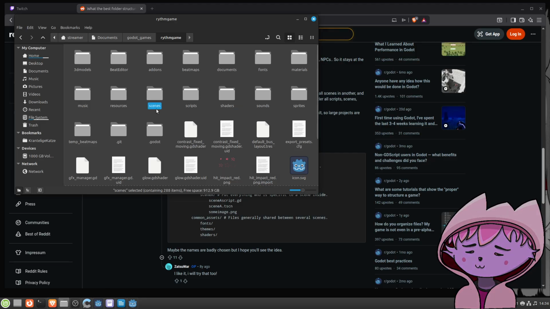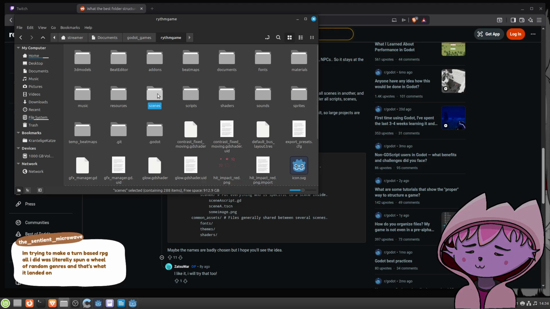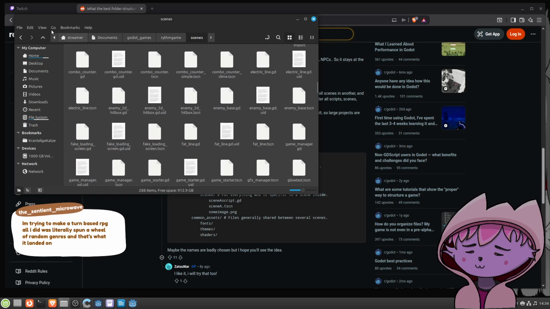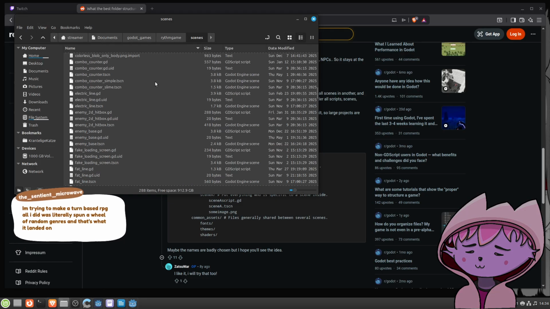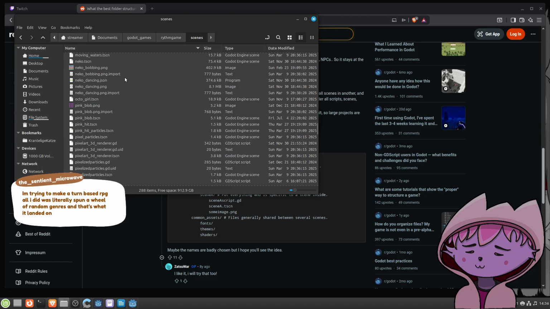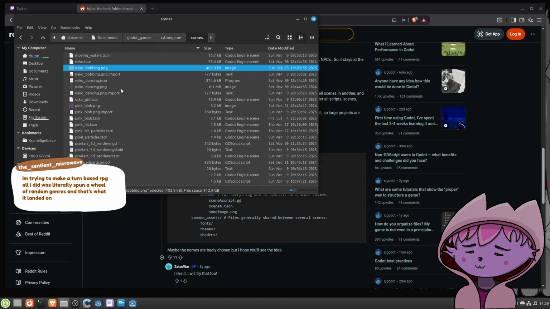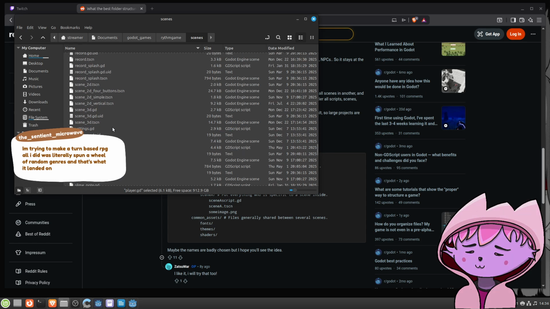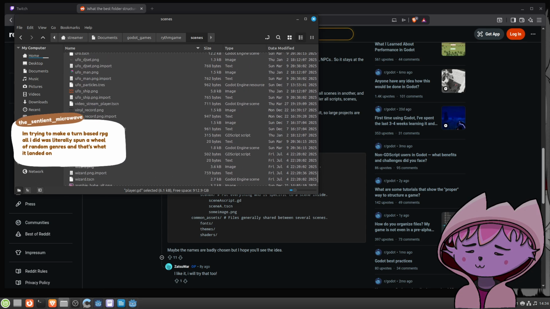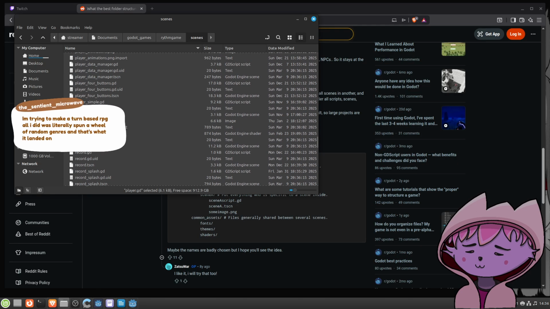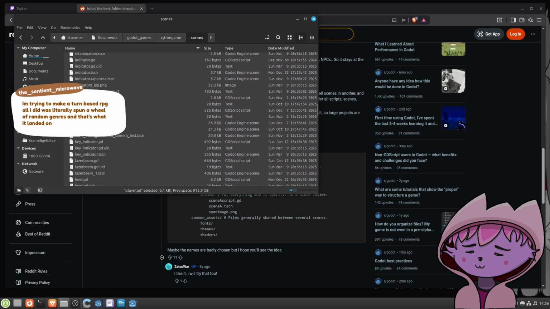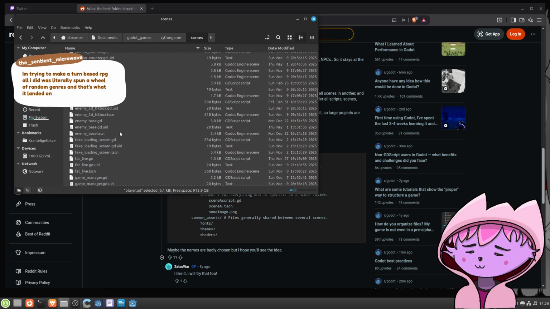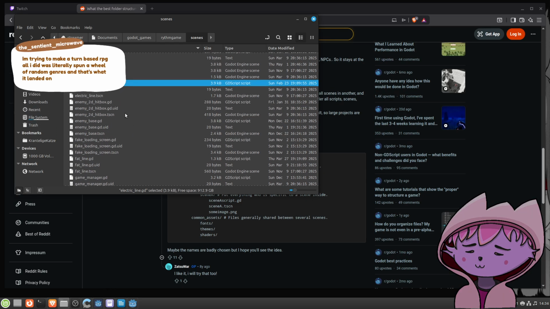I have just one folder called scenes. Everything, all the scenes, are there. So it's like a big list. There are some random PNGs there and some random scripts. So it's kind of hard to find a specific scene or piece of code.